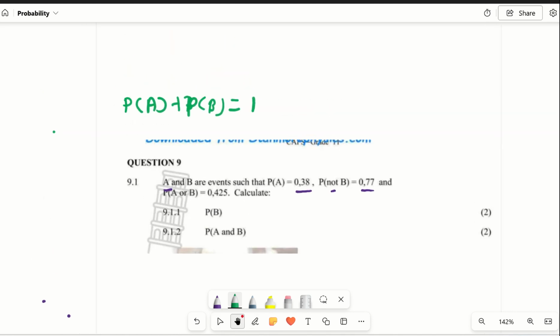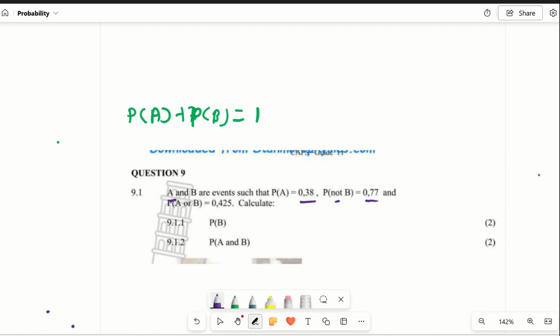So if someone comes and says, what is the probability of A complement? It's A, but it's got this 1 at the top like this. A complement means anything other than A, so it just basically means B, the other event. If someone says, what is the probability of B complement? It means anything other than B, and that makes it automatically A,